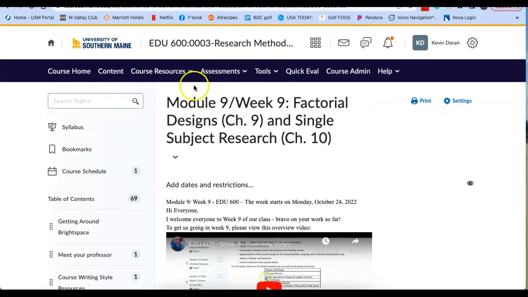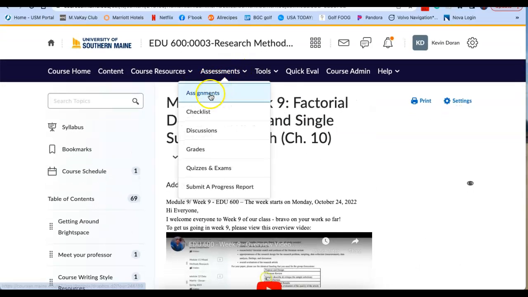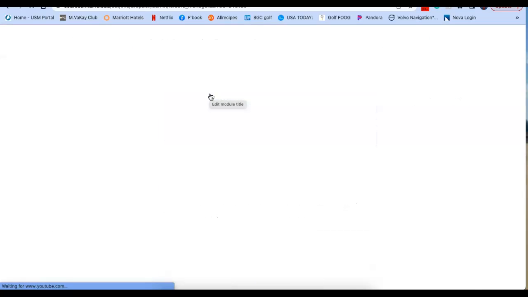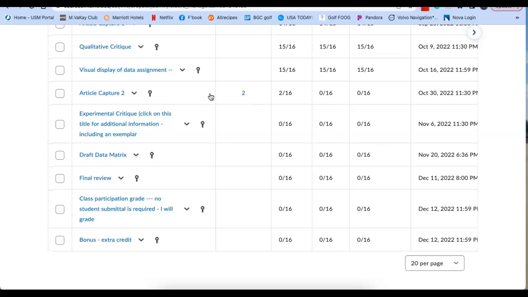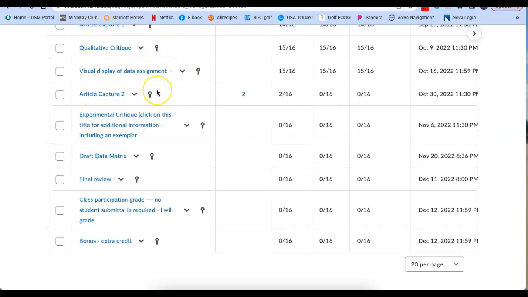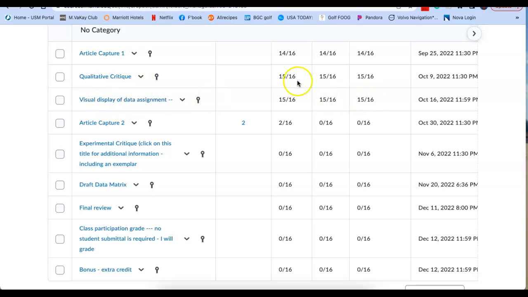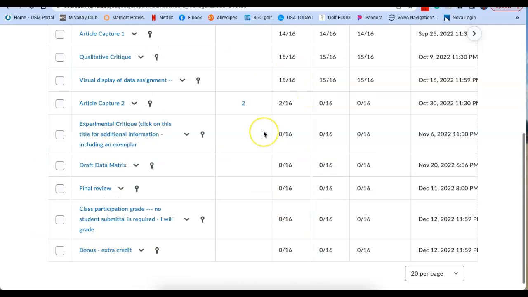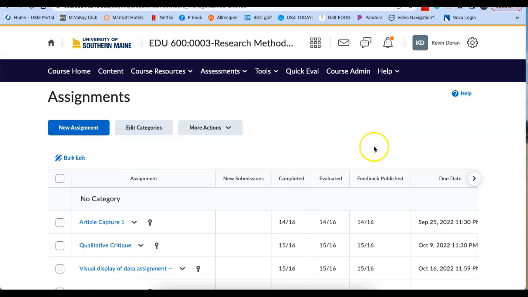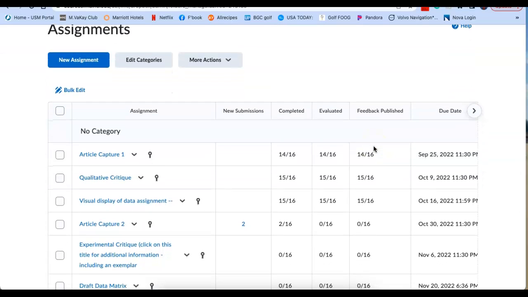Let me go one more thing before we go. So here we are. We have the visual displays, everybody should have that. The qualitative critiques, everybody should have that. I noticed there's a couple of people that have already submitted the article capture. So if you're interested in what's upcoming, take a look at the assignment queue and you can see where we're at. If you have any questions on the grading, any questions on comments,